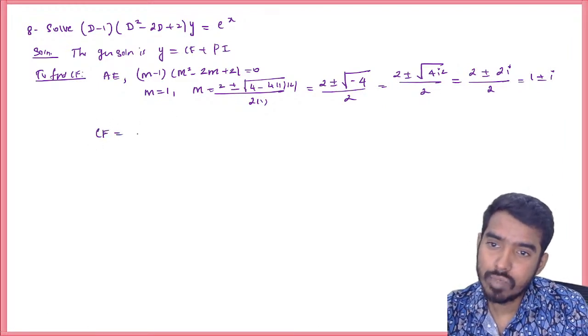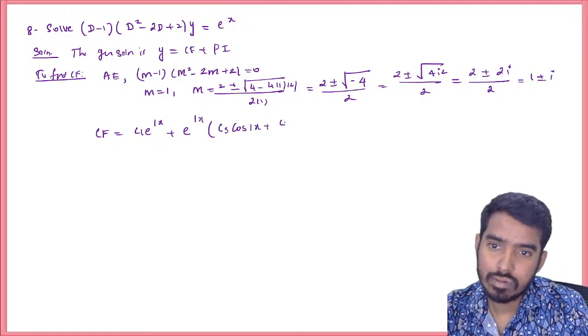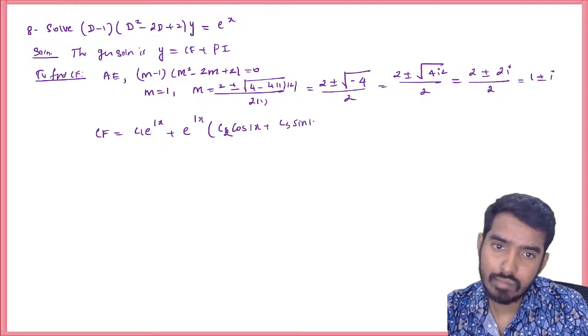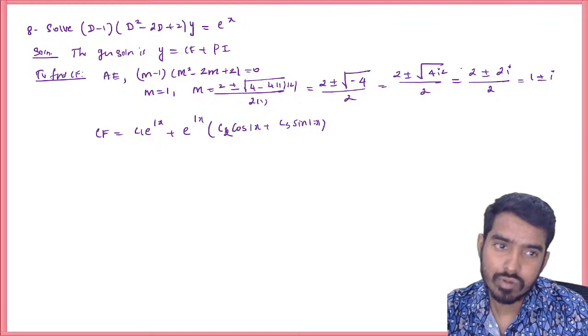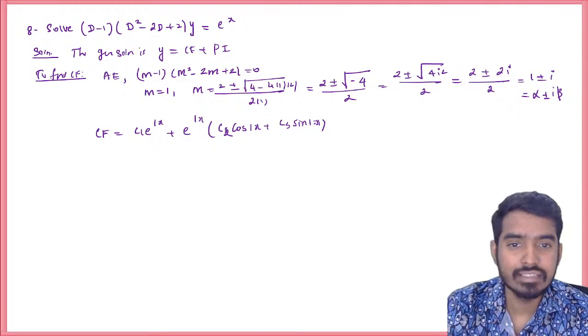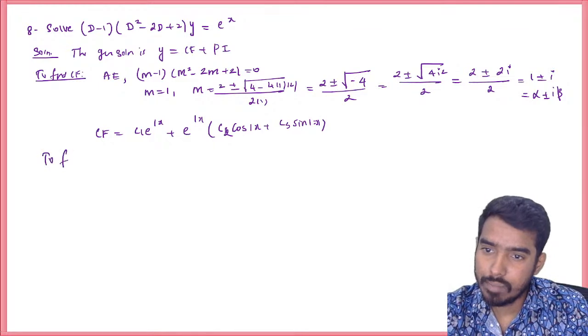So we will have CF to be equal to C1 e power 1x plus e power alpha x into C2 cos beta x plus C3 sin beta x, right? Alpha plus or minus i beta, e power alpha x times cos beta x plus some constant times sin beta x. This was CF. Now to find PI,